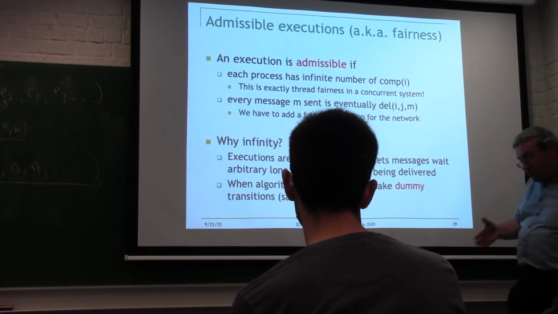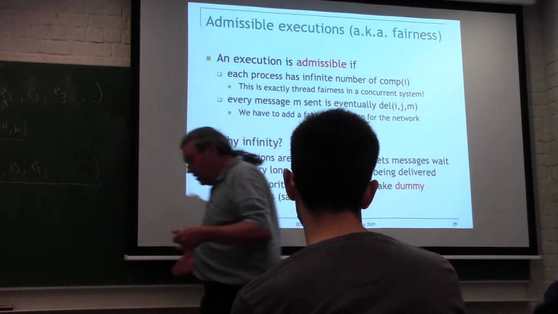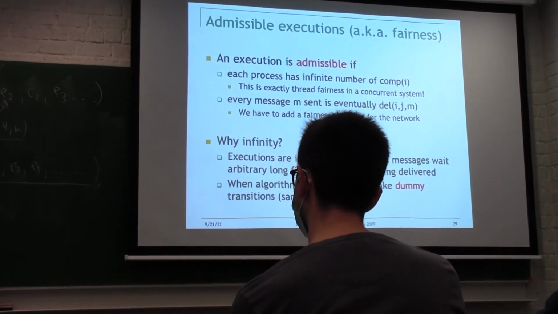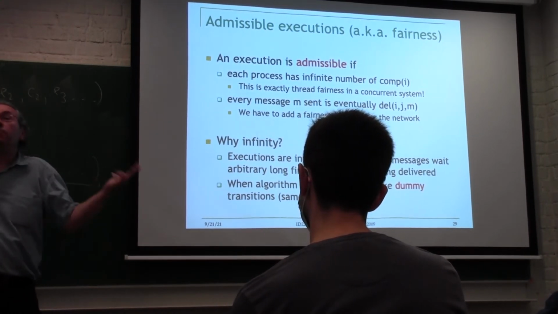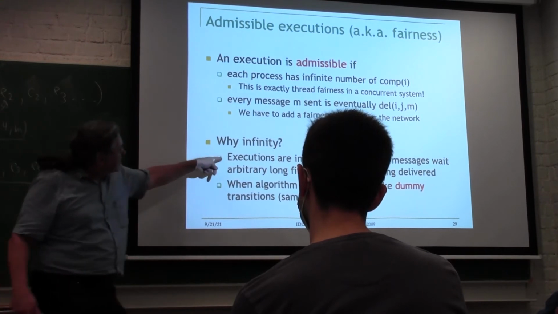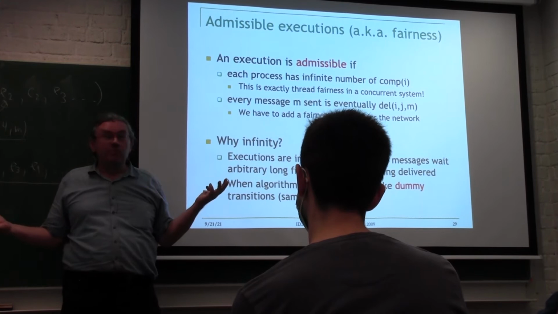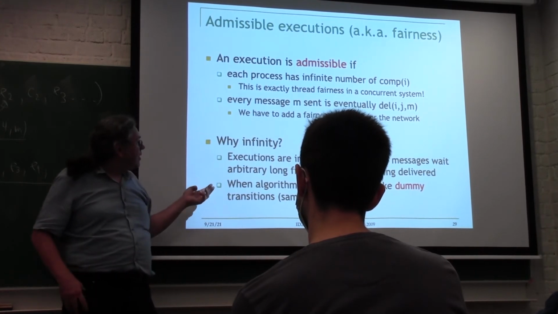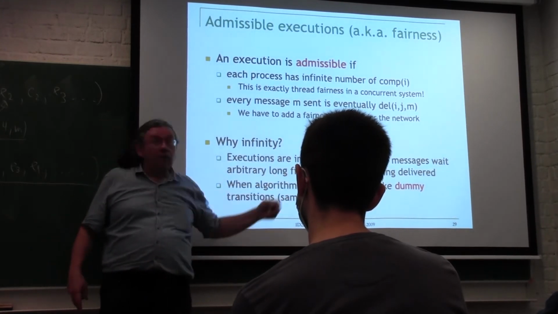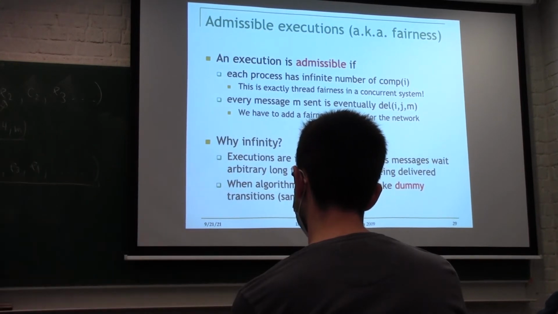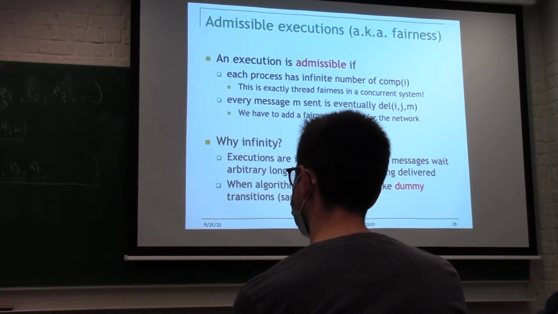So if the computation takes 5 seconds, this is an asynchronous system. Maybe the messages take longer. Okay, there's no arbitrary limit on the messages. So if we do it like this, it means there's no limit on how long the messages can take, because they can wait arbitrarily long finite times. So this is a pure asynchronous system.